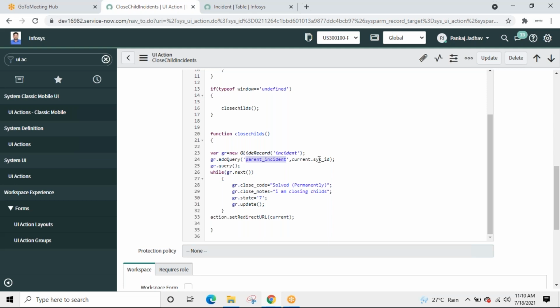So those will be filtered, 5 to 6. Suppose 5. gr.query. Now gr.query means 5 results retrieved. Iterate through each record and close it. To close, we have to update its status. That's the reason after setting these values, we are updating the incident, all the 5.